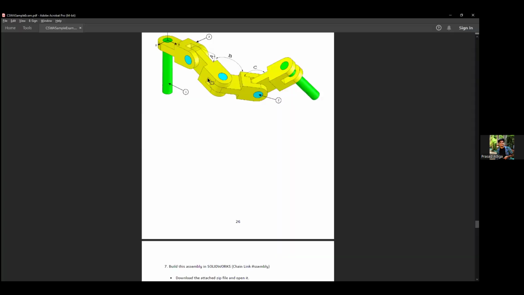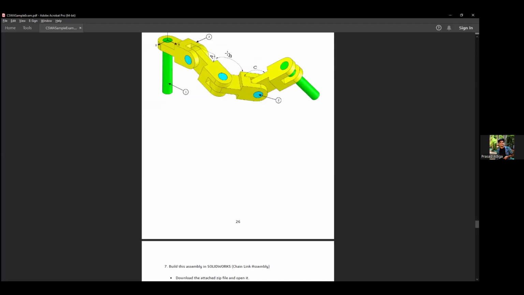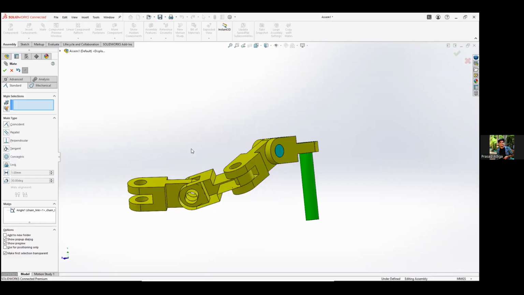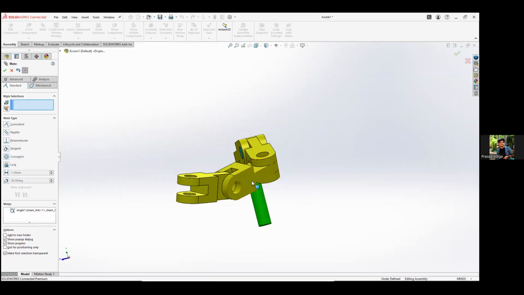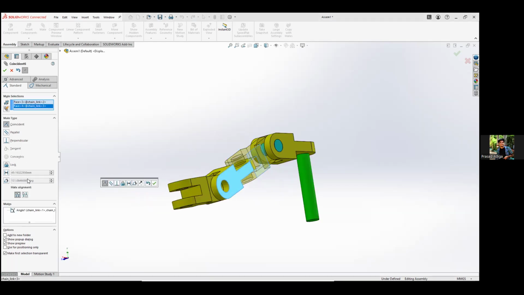And the second one is B, which is on the side, like this side. From this side to this side, see, they have given here, there's an extension, and then it says the B is from other side to other side, not this to this. So B is nothing but 125 degrees. So select this particular face and this, and the angle is